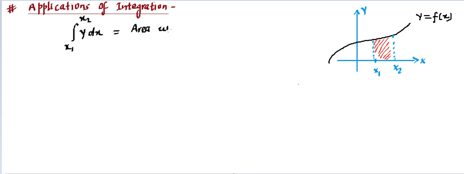under the graph or the curve, the area under the curve. When we say area under the curve, we mean that there's going to be a graph or curve, and we need to see what the area is under that with the x-axis, from limit x1 to x2. From the first limit x1 to the last limit x2, whatever that area is, it is given by this integration.